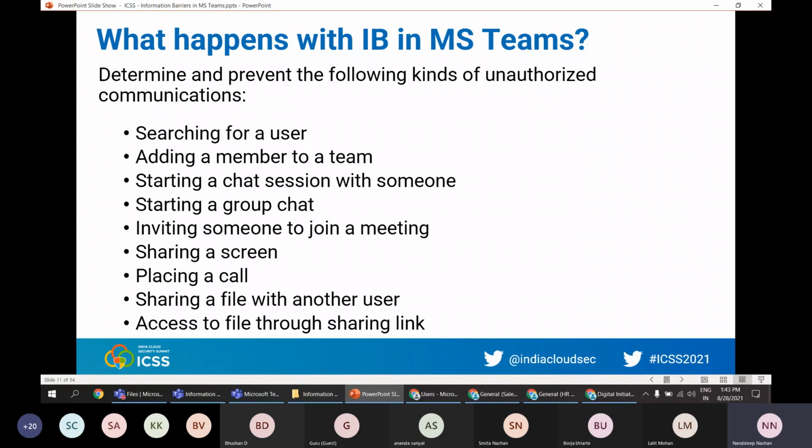What happens generally with Microsoft Teams is that whenever information barrier policies are in place, people who should not communicate or share files with other specific users won't be able to find, select, chat, or call those users. With the barrier policies in place, checks are in place to prevent unauthorized communication and collaboration. Now let's see what happens with information barriers in Microsoft Teams. Information barriers apply to Microsoft Teams chats and channels,